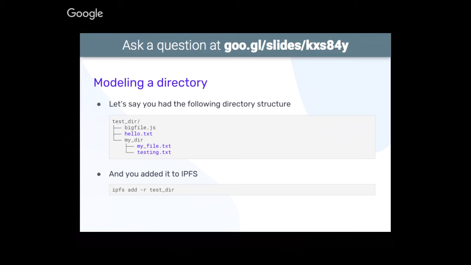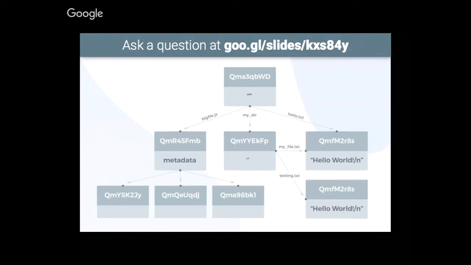So let's look at an example to give you a better intuition for this. Assume that we've got this directory structure, and all three blue files here, hello.txt, myfile.txt, and testing.txt, all contain the same text, which is the classic hello world exclamation mark with a trailing newline. When we add it to IPFS, we end up with a DAG structure that looks something like this. This will depend on the actual contents of the files in your directory, obviously, but you'll end up with a series of objects